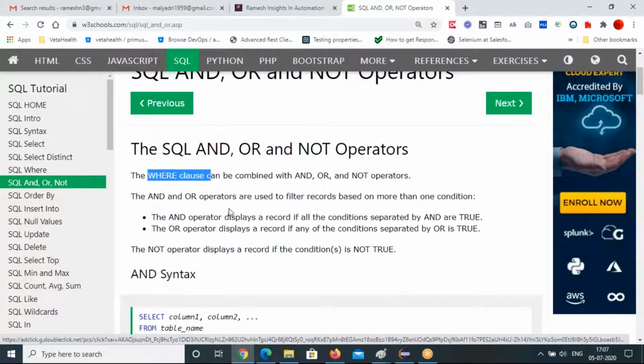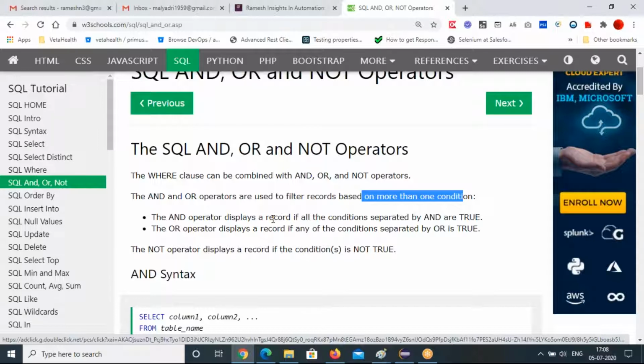The AND, OR operators are used to filter records based on more than one condition. Right? That's what AND, OR do. The AND operator displays a record if all the conditions separated by AND are true. So that means condition 1 and condition 2 are true, then you will get this record.